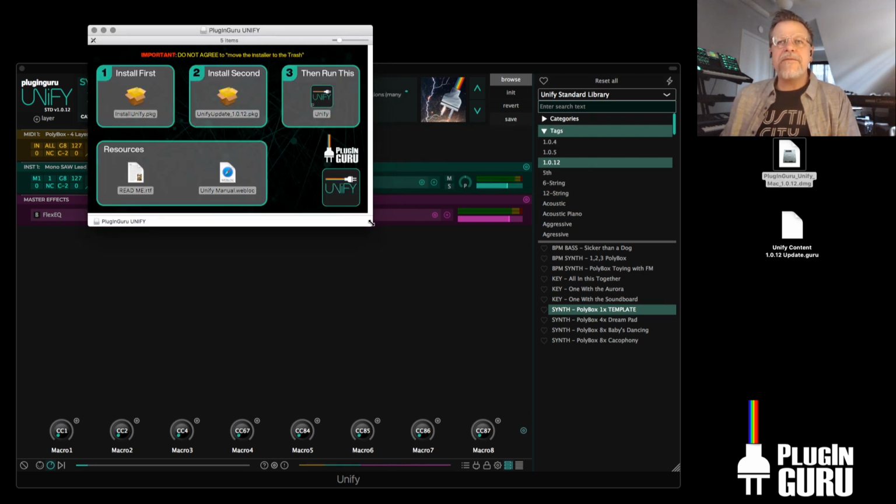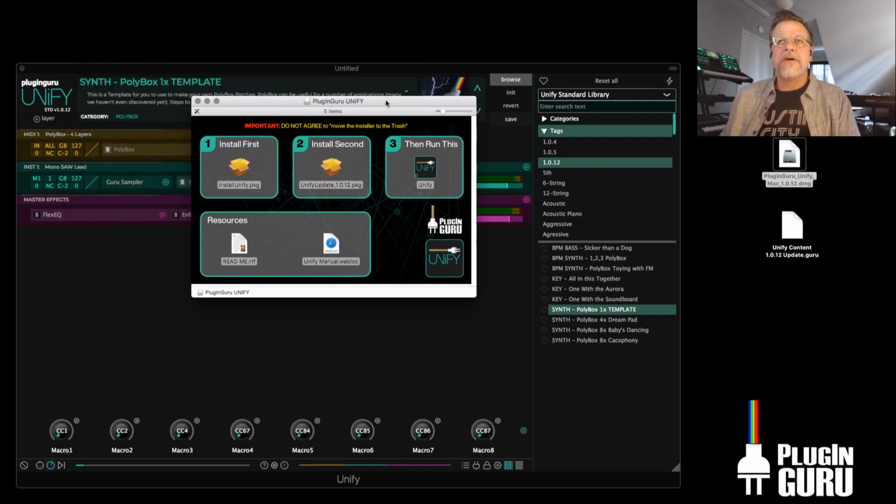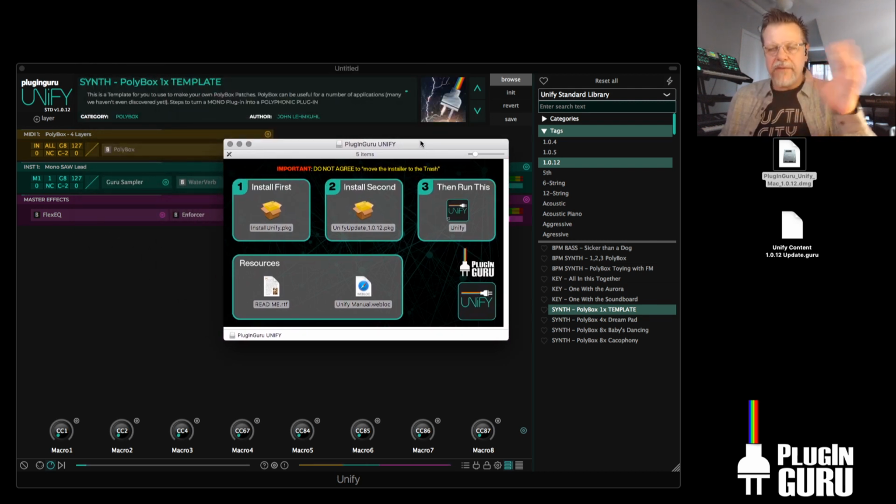And if you already have Unify working on your computer, stop. Make sure you quit whatever is running Unify. Don't do this while you have Unify running. That's not a good idea at all. But when everything is initialized, no software is running as far as what we're doing, you only need to run